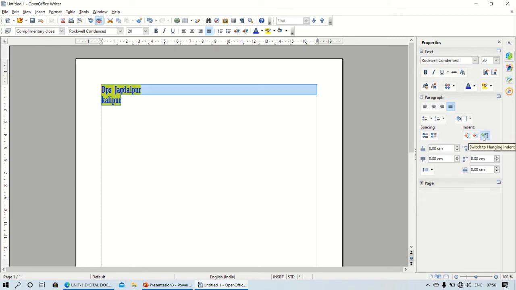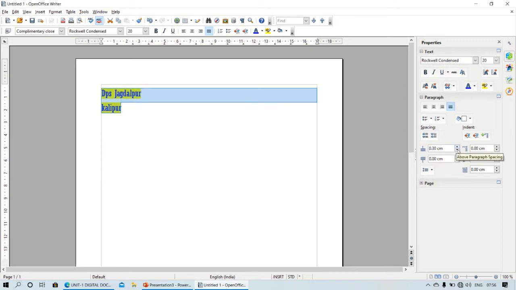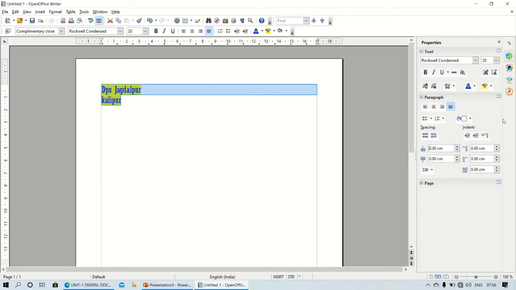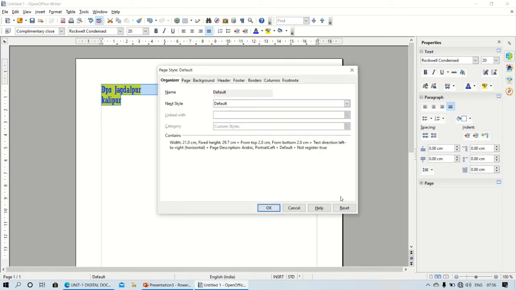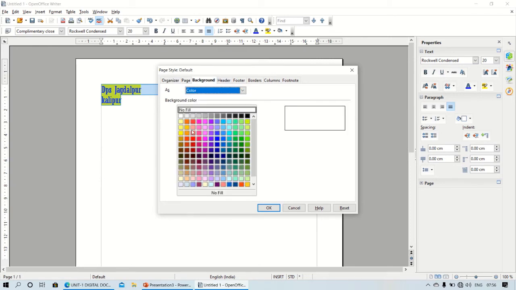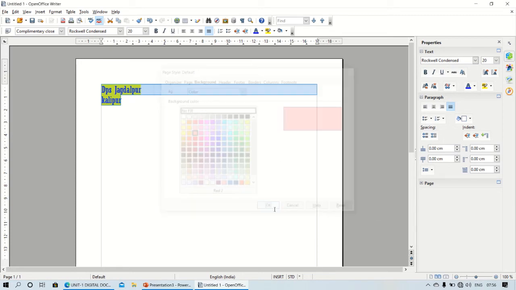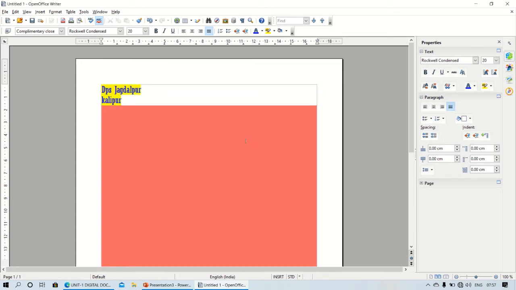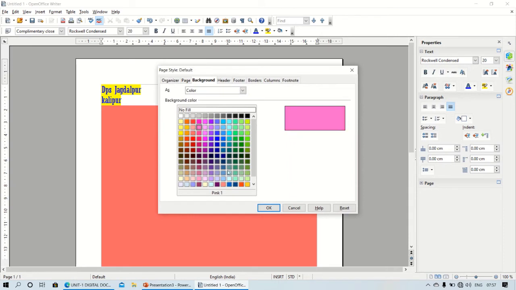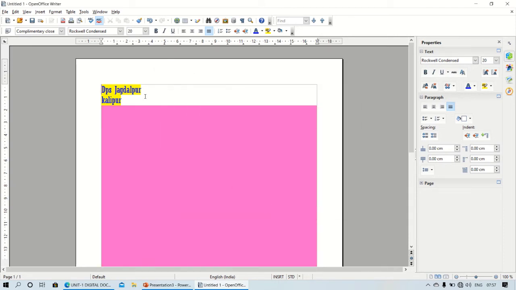Okay, so this is all about, you can change manually also, you can change the paragraph setting. So this is all about a page setting, right? Now page style, if you want the page style to be changed, so background, if you want that color to be changed, like this color should be added, so just click here and this is your background color. Just click wherever you want and then you need to select it, right? See, according to that you could be able to change your color and all your data.